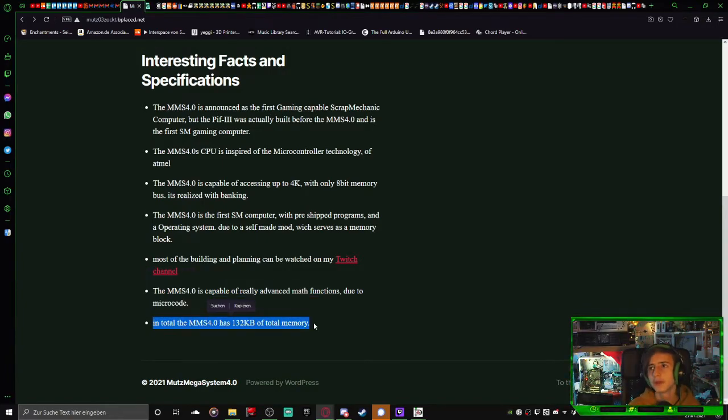In total, the MATS Megasystem will have 130 kilobytes of memory. This is really impressive if you think about it, because normal ScrapMechanic computers only have like 16 bytes, and we have 130 kilobytes. This is also due to the computer being really big, so we have 2K of normal memory, which you also find in every other ScrapMechanic computer, but the